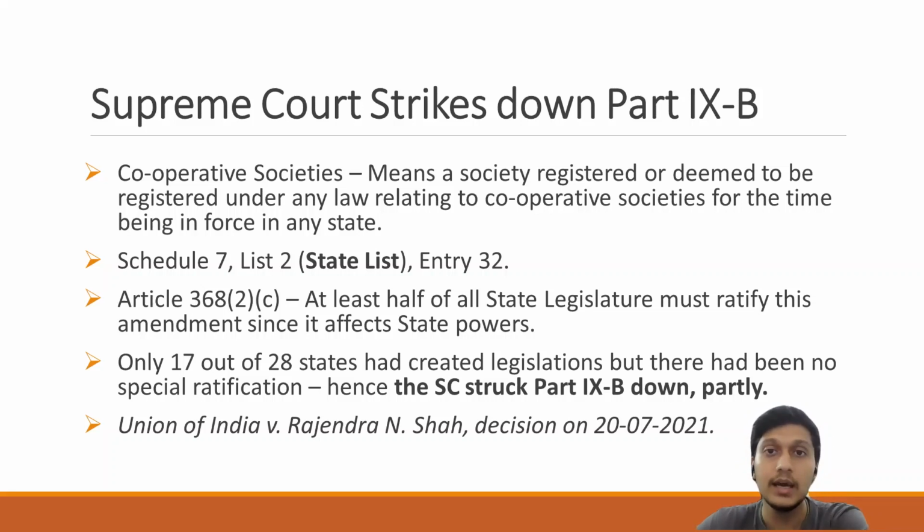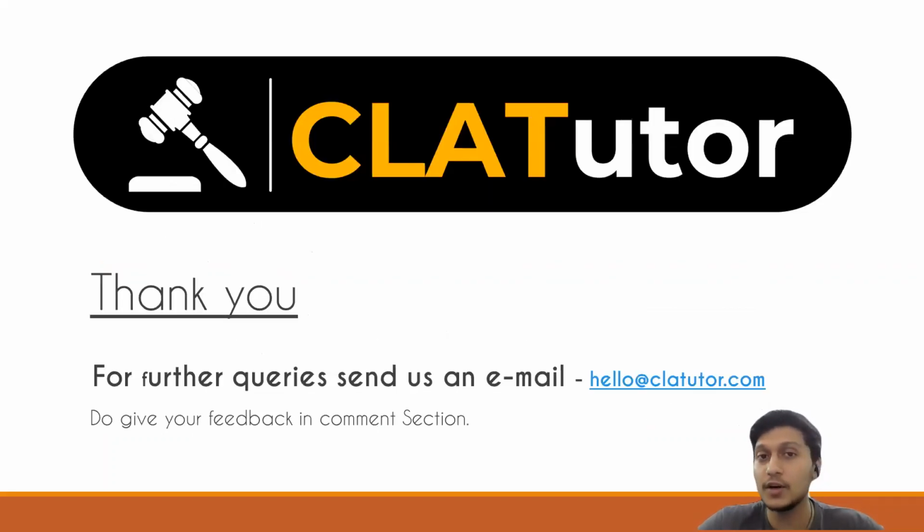But essentially, a part of the amendment which affected the constitution changes was struck down because the Supreme Court stated that the procedure mentioned under the constitution was not followed. And that made the part ultra vires of the constitution. For this legal discussion and the 97th constitutional amendment, that's all that we have to talk about today.